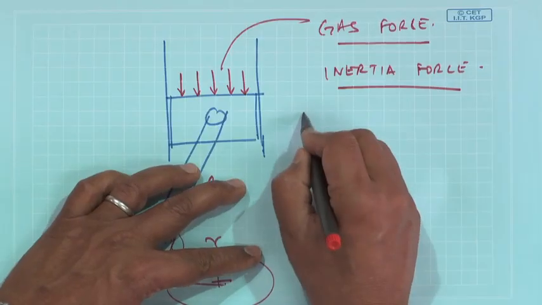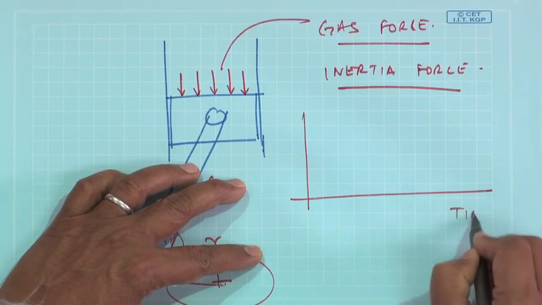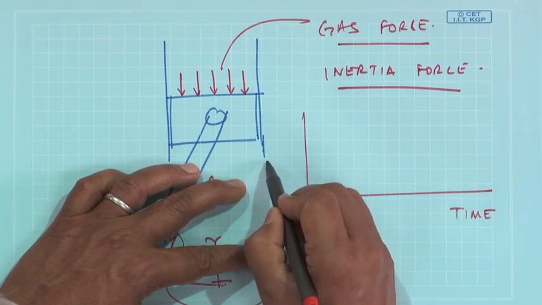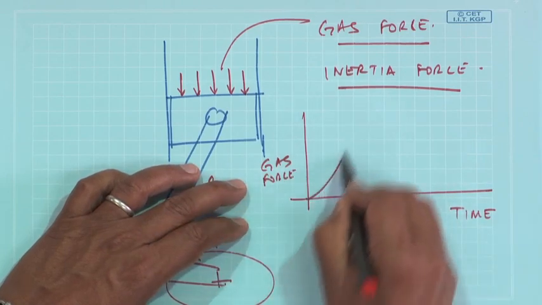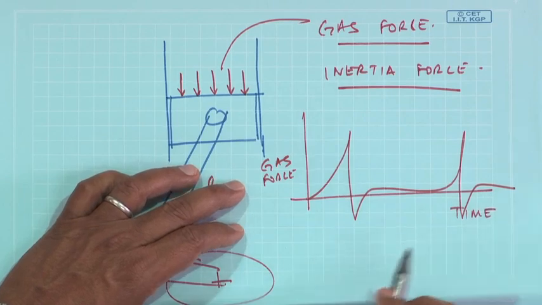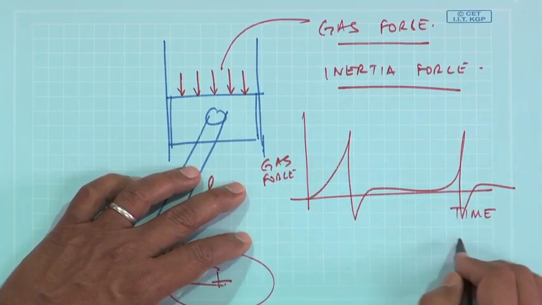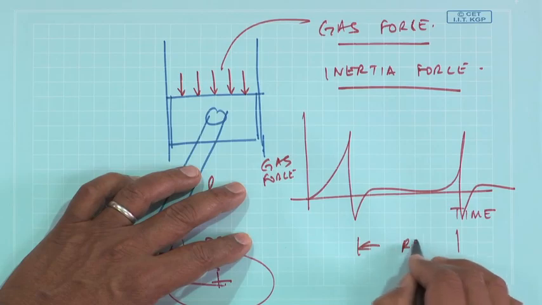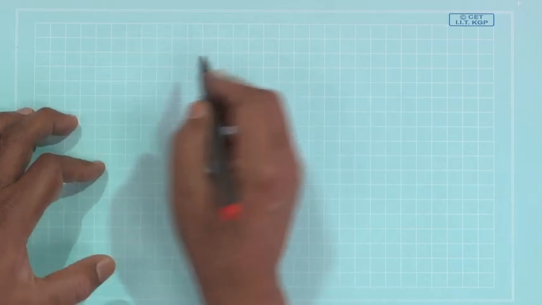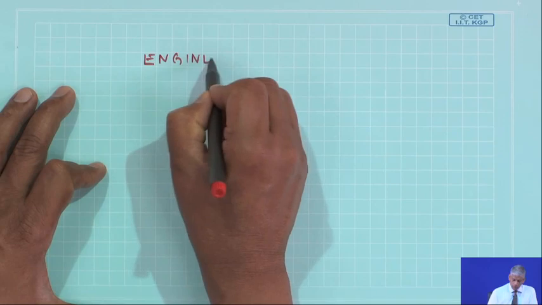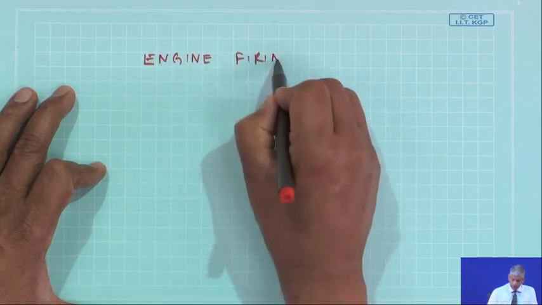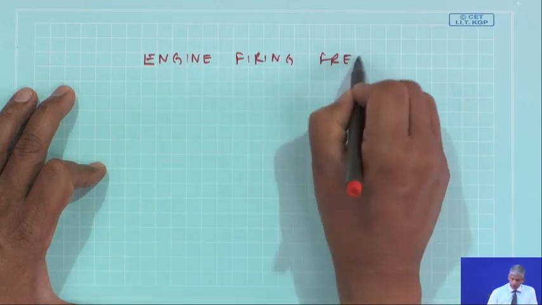So, this force as a function of time is dependent on the revolution; every revolution I will have this per cylinder. So, the frequency of this gas force is what is known as the engine firing frequency,